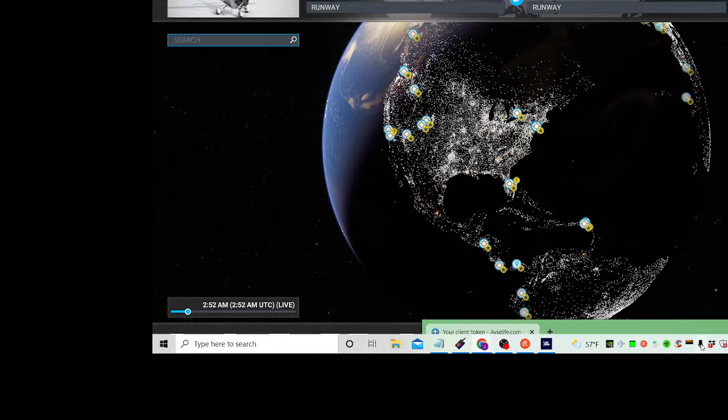Client's connection token, heading level 2. To establish a connection between your flight simulator and our game, you must paste the token to our game client. Please copy and paste this code into our game client. And then it gives you literally, well, it gives me